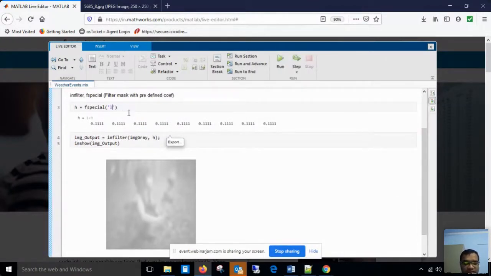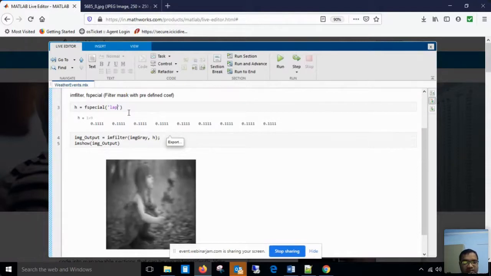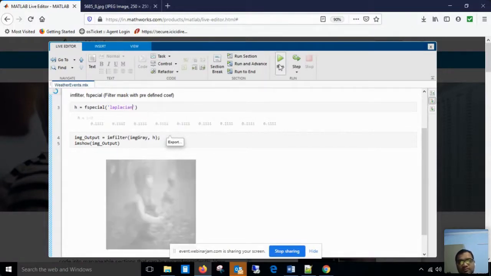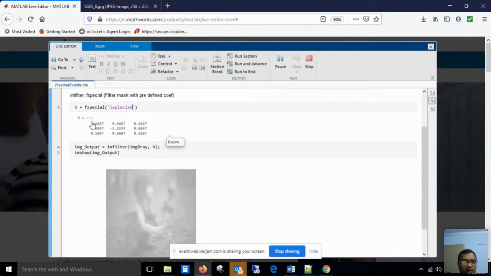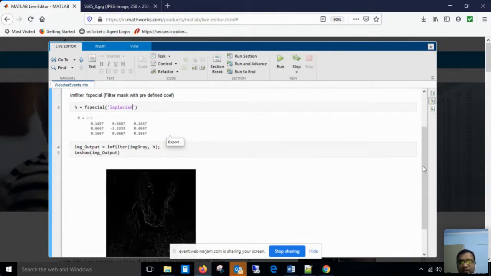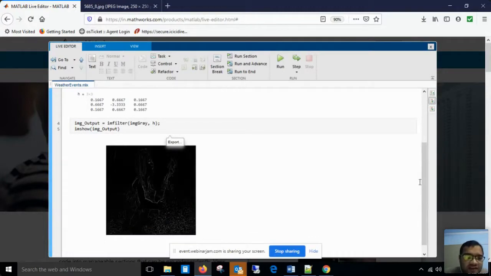Now just see what is the output of Laplacian, that is the second order derivative. When you apply the Laplacian filter, what happens? You can see after applying the Laplacian filter, only fine details and the sharp details are there.